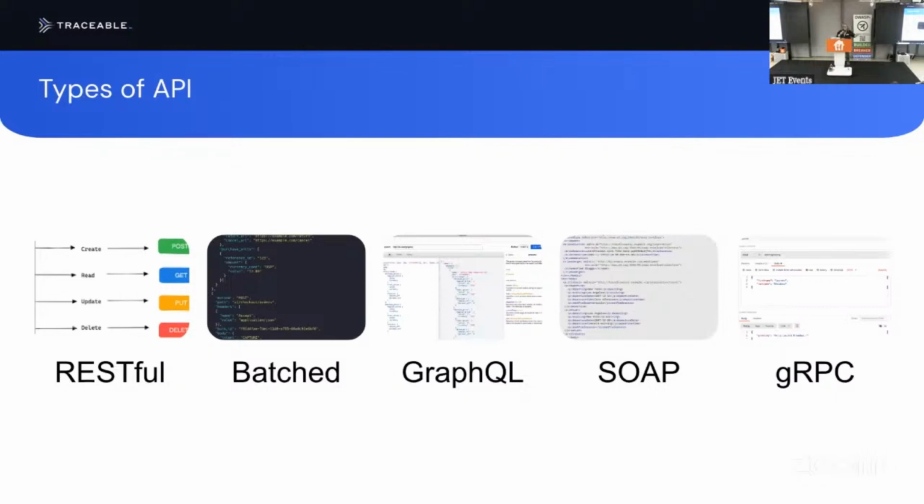There's a lot of different types of API, and they all have their uses. So there are RESTful APIs. This is your bog standard default API. You have batched APIs. These APIs take a bunch of requests and squash them down into a single request. There's things like GraphQL. And if you're curious about GraphQL, I did a talk at OWASP London during the pandemic about GraphQL, so you can find out more in that talk. But there are also SOAP, which is your legacy API, and gRPC, which are remote procedure calls, which quite frankly are the scary kinds of API. So maybe don't look at those.